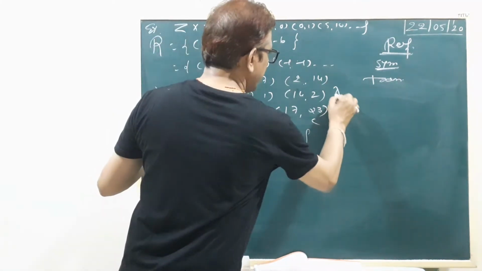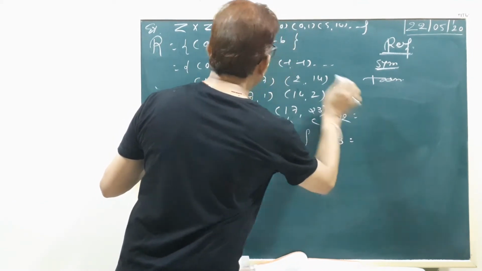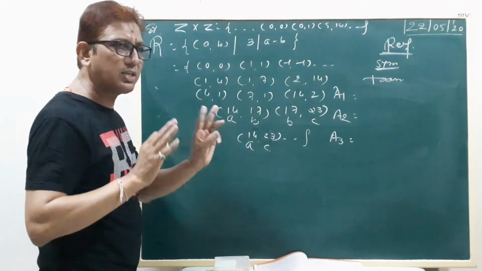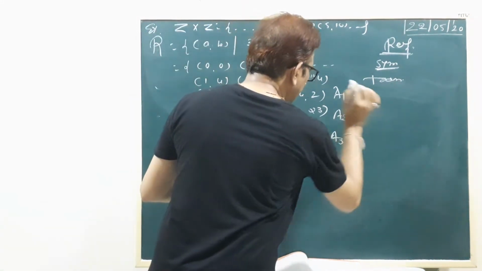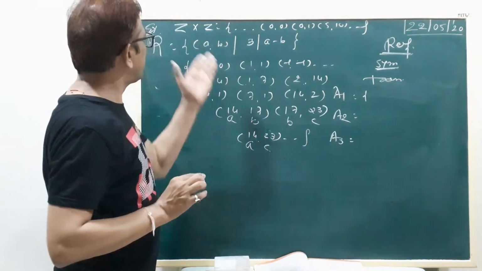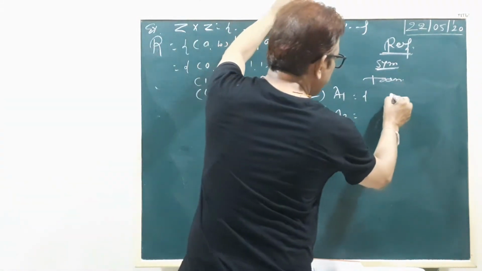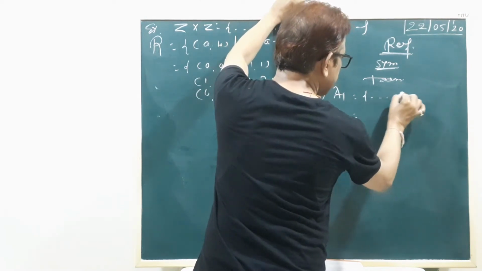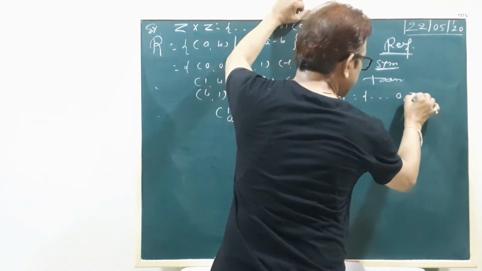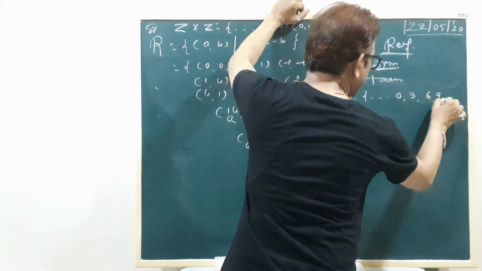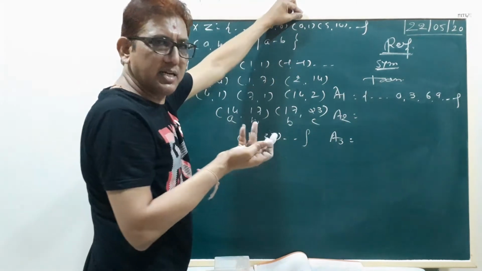Okay. So here A1, A2, A3. Because here it is divisible by 3, so we write that 3 equivalence classes are possible. How? You start with any one number, because in Z, any one number. Okay, suppose we start here with 0. Now adding 3, the difference between two numbers is 3: 3, 6, 9. Clear? In the left side, minus 3, minus 6, etc.